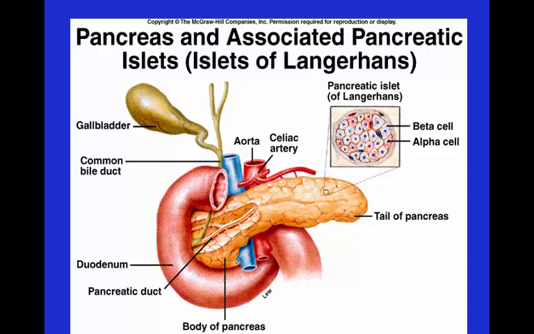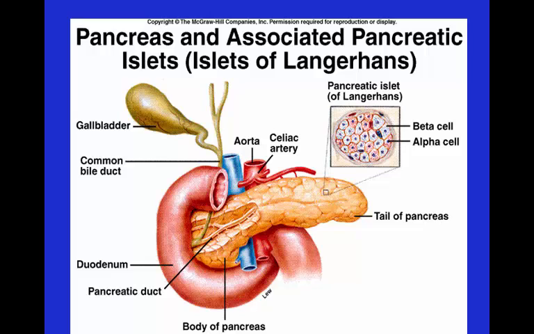If you look at the anatomy for a moment, inspect the duodenum. The duodenum looks funny because it's normally attached to the distal end or the pyloric end of the stomach, but in this case the stomach has just been cut away so that you can actually see the pancreas and the aorta and so on and so forth. Notice that the pancreas has a body and it has a tail. It also has a head, but that's not labeled. The head and part of the body of the pancreas lie in the curve of that C-shaped duodenum. Note the pancreatic duct coming from the pancreas into the duodenum.